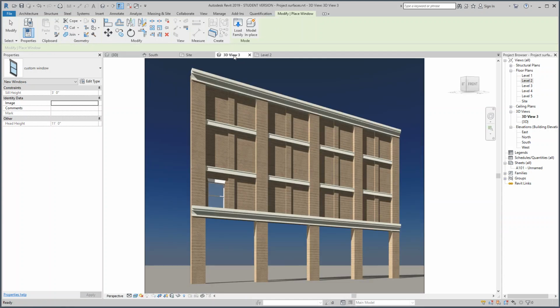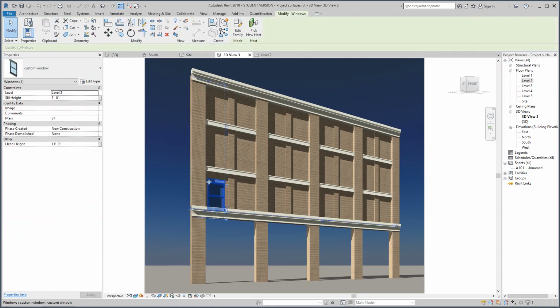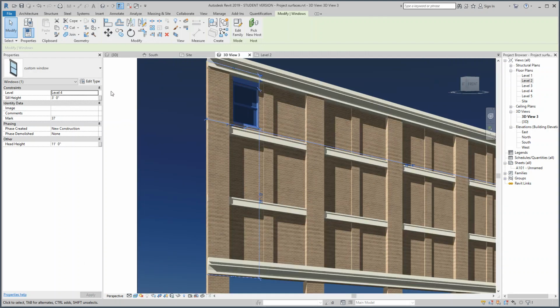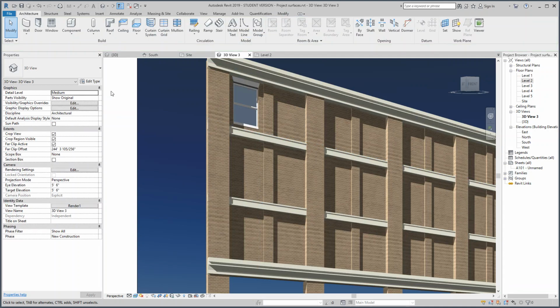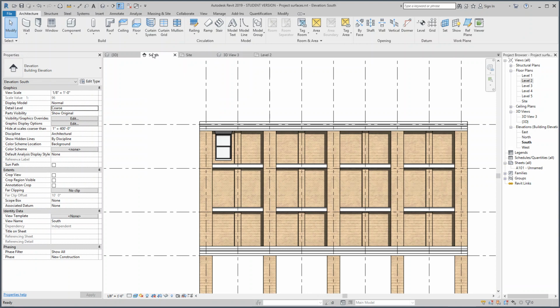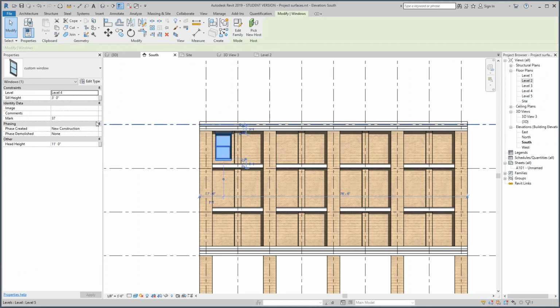I'll go back to the front elevation. And let's go ahead and stick this window up to level 4 instead. We'll work from that level just to see if it fits here. All right, looks like we might have a little intersection. Yeah, we do. So I'm going to just take this now and